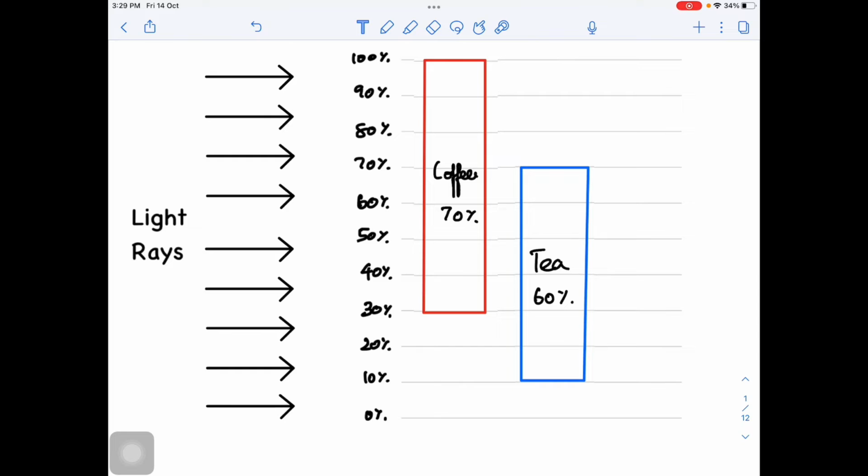One is a red filter which is occupying 70% of the entire region. Another one is a blue filter which is occupying 60% of this entire region. Among that 0 to 100% region, 60% is occupied by the blue region and 70% is occupied by the red region. Now, why am I saying that this particular light and filter method is an equivalent method to this Venn diagram